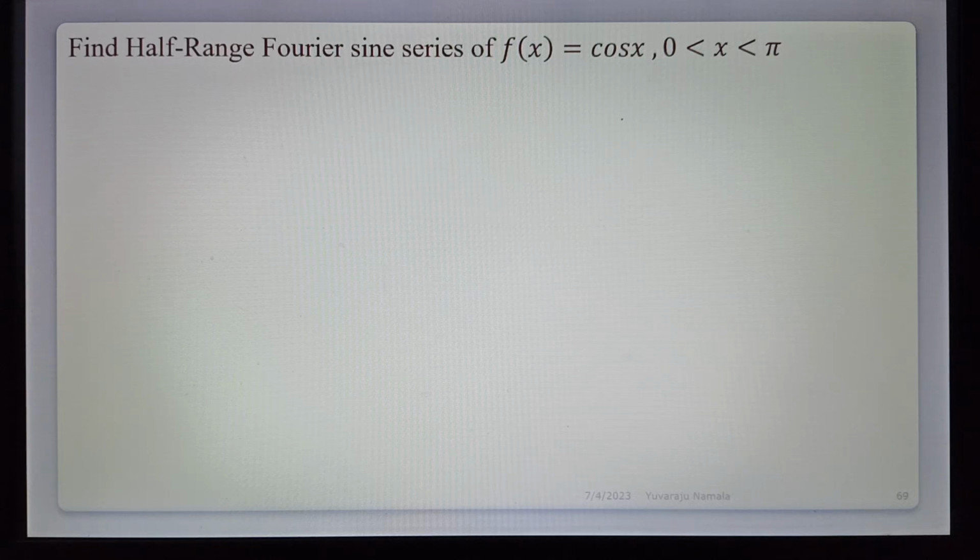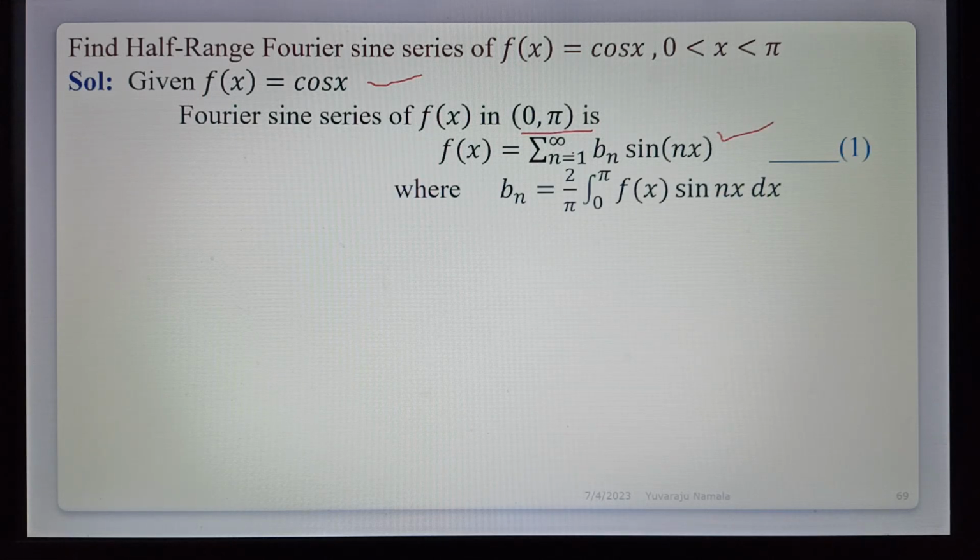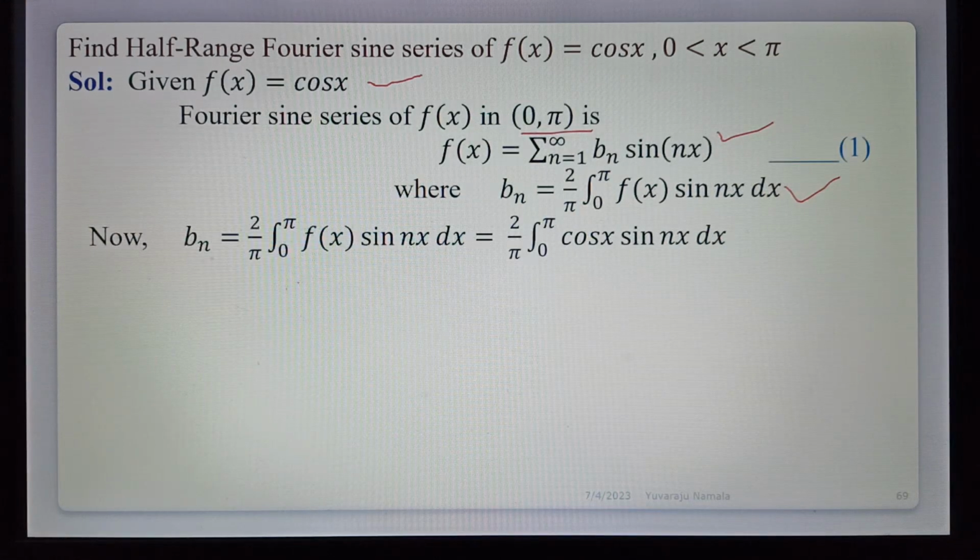Next question. Find the half range Fourier sine series of f of x is equal to cos x in the interval 0 less than x less than pi. Given function f of x is equal to cos x. In the interval 0 to pi, the Fourier sine series is f of x is equal to summation n is equal to 1 to infinity of bn into sin nx, where bn is equal to 2 by pi integration 0 to pi f of x, which is cos x,